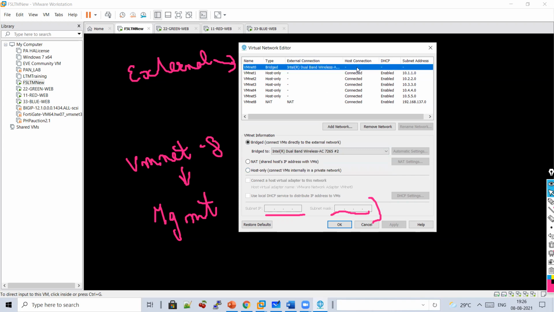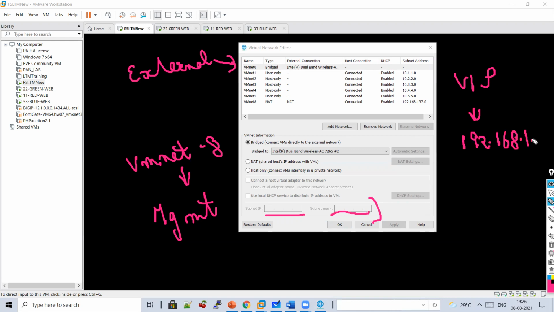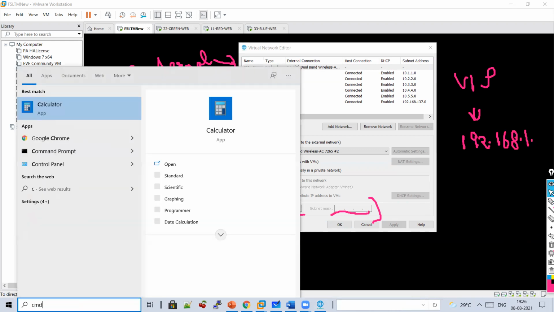So whatever external network, whatever virtual IP address I will assign, virtual IP is my URL IP, like google.com, which will be assigned from my external network. My external network IP address, how you can see, you need to go into command prompt.